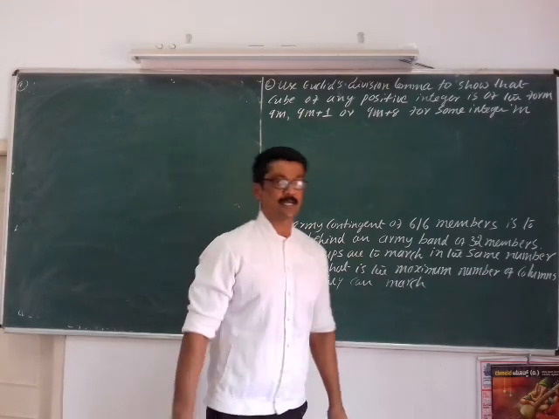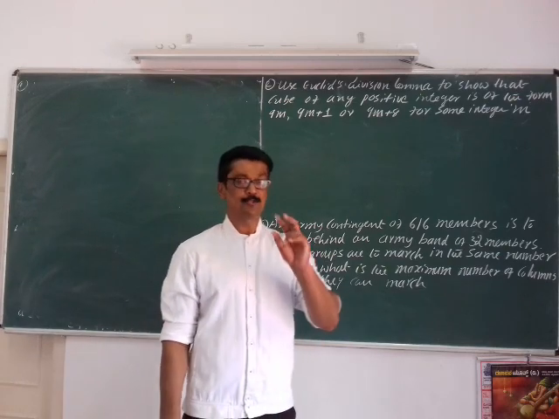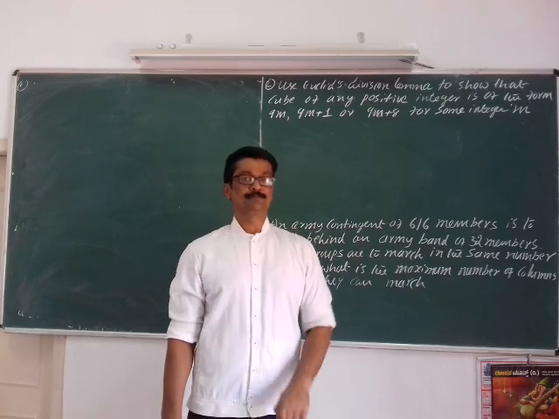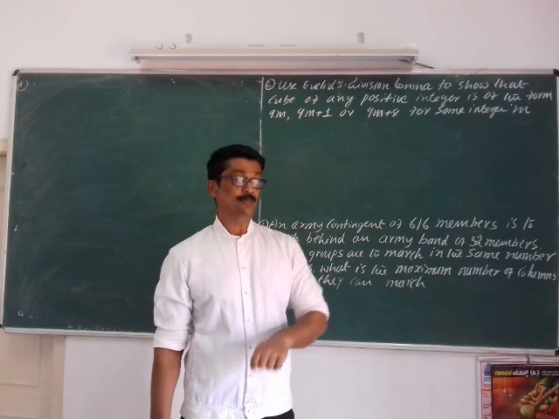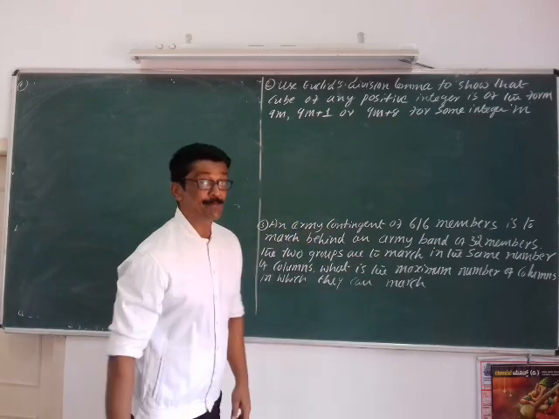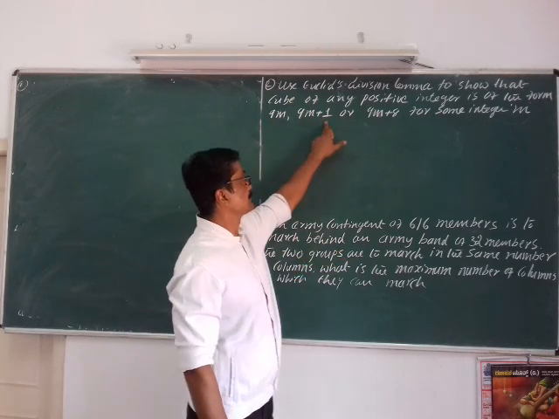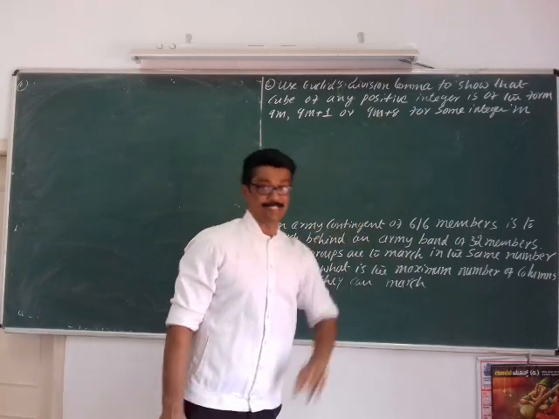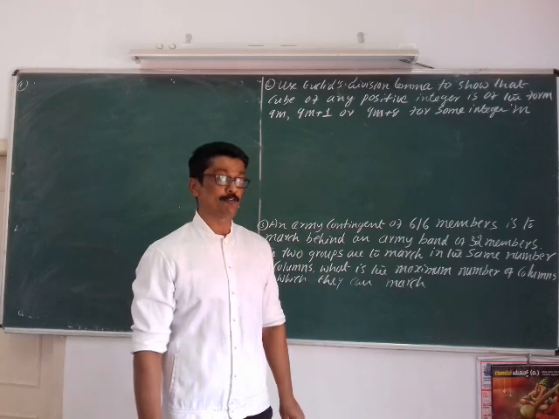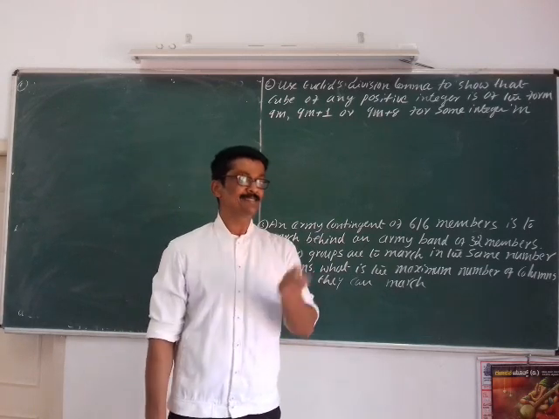See, students, I have already told you, we have to apply Euclid's division lemma by taking 2 positive integers a and b, and the value of b must be taken in accordance with what is to be proved. Here you are asked to express a, that positive integer, as 9m plus 1 or 9m plus 8. So according to the rule, here what is the value of b? It should be 9.